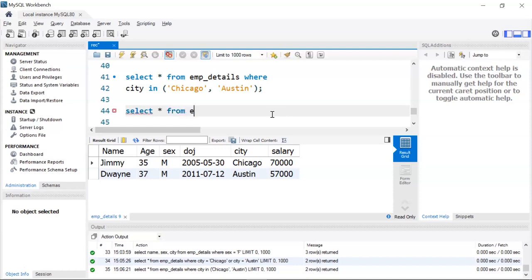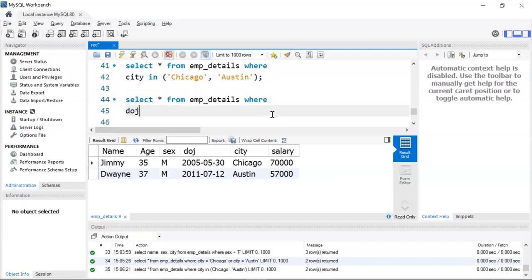I'll write select star from emp details where my date of join, that is DOJ, between, I'll give my two date values, that is 1st of Jan 2000 and my second date value, that is 31st of December 2010.